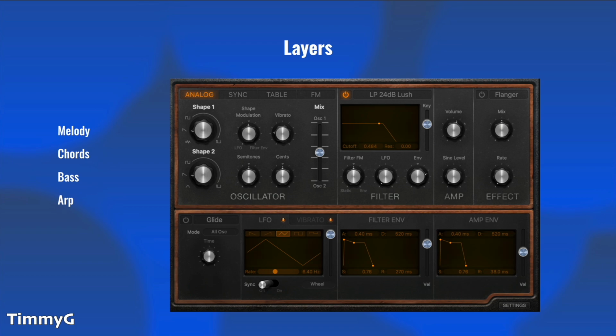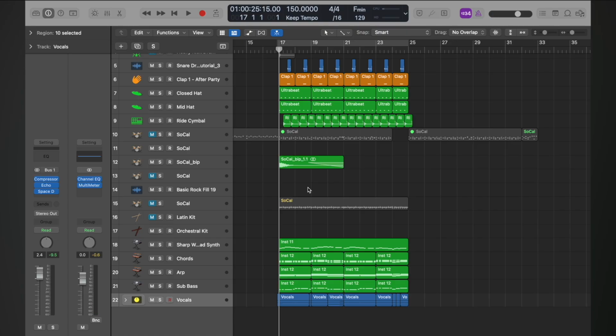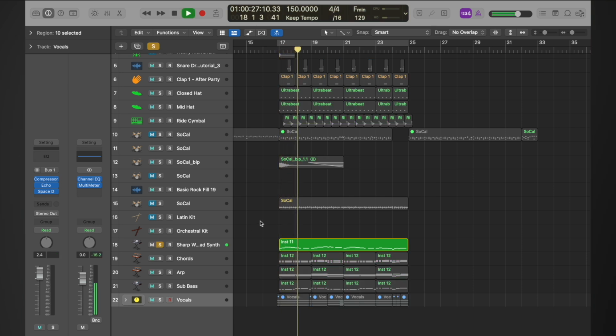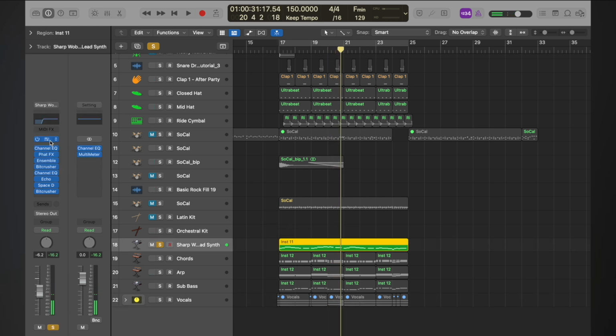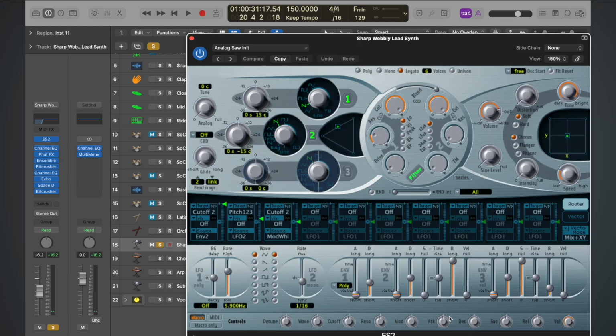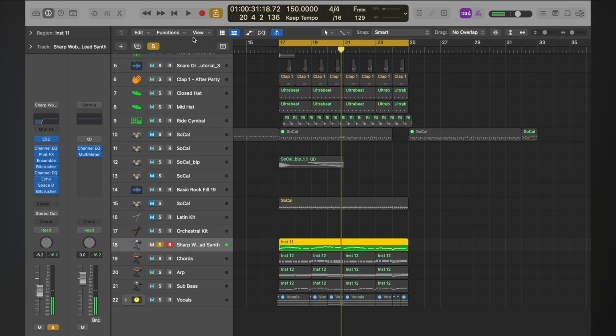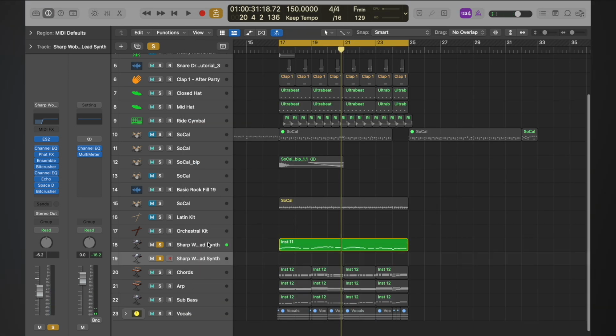So let's go over to Logic. Let's start with the melody. So here's our melody. What I might do here is actually turn the attack down. So I'm in the ES2, and if I do this, and what I'm going to do now is duplicate this track,